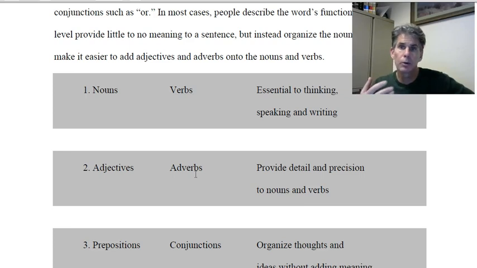And if you look at children's books, they are almost entirely nouns and verbs. That's what they are, and that's what they do. They don't get into much nuance and detail. Adjectives and adverbs give detail. They go into nuance and they give you precision in your writing. If you're going to write well and write effectively, which I assume everybody in English 101 wants to do, you need to understand how adjectives and adverbs work. So first thing we're going to do is get into identifying them, and then we're going to get into how they function and how you can use them better.